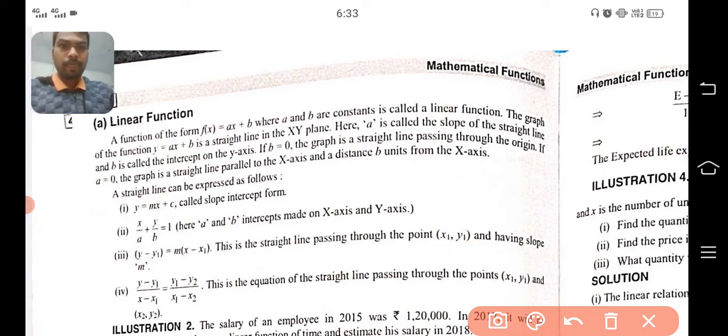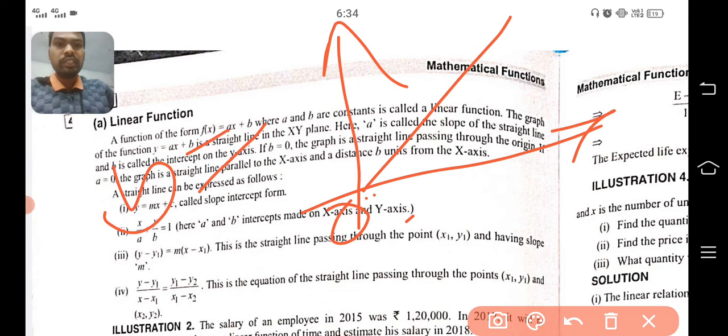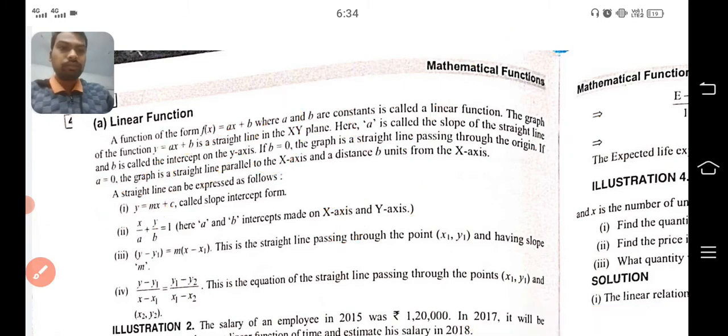If b is equal to 0, the graph is a straight line passing through the origin. If b is 0, then what will happen? The graph passes through the origin, because there is no intercept. So the graph is a straight line passing through the origin when b is equal to 0. But if a is equal to 0, the graph is a straight line parallel to the